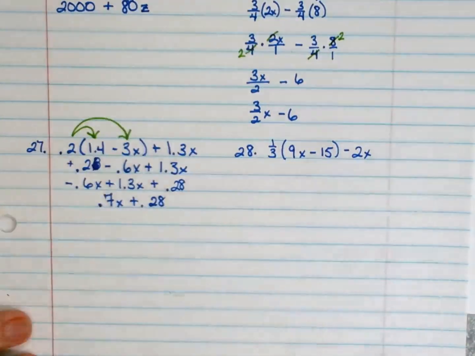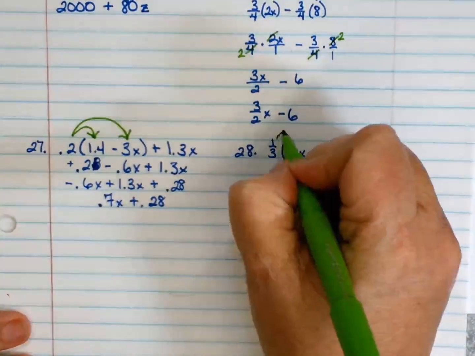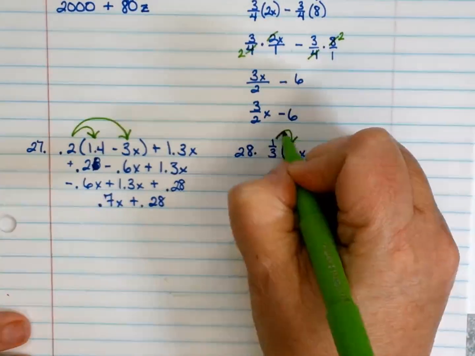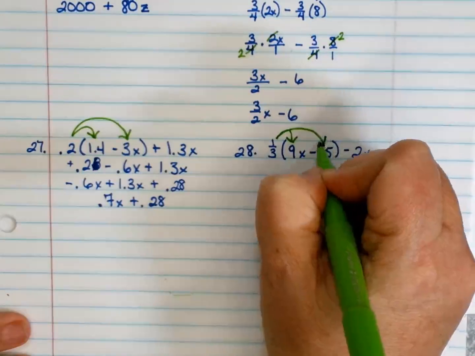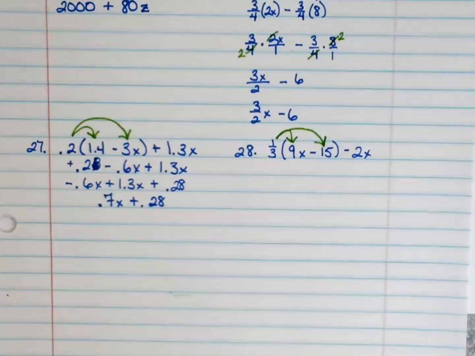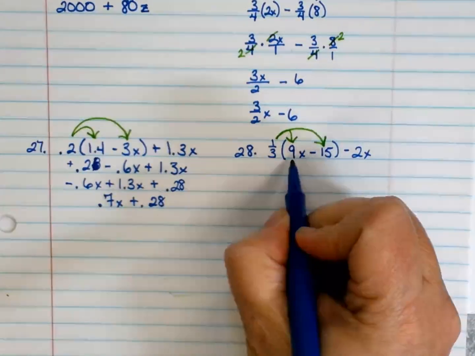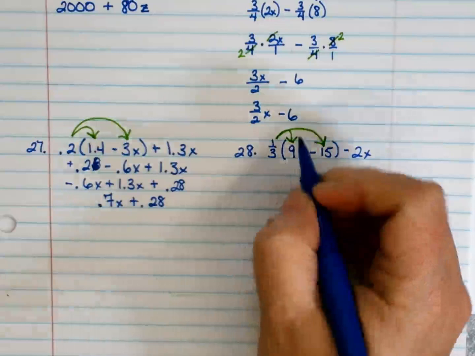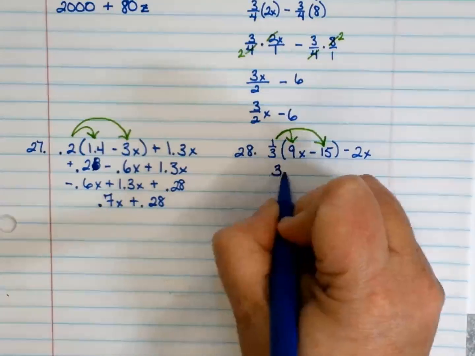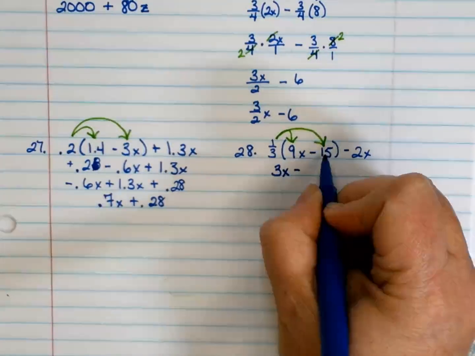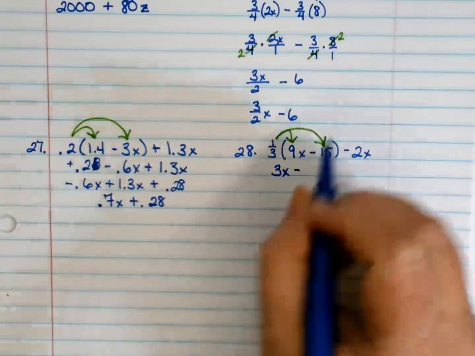So this is going to be another one, still using distributive property. And remember, when I multiply by 1/3, it's the same as dividing by 3, right? Okay, so I could look at this and go, 9x divided by 3 gives me what? It gives me 3x minus 15 divided by 3 is 5